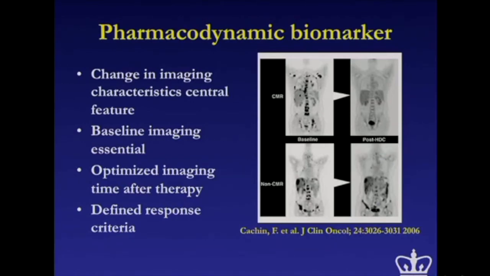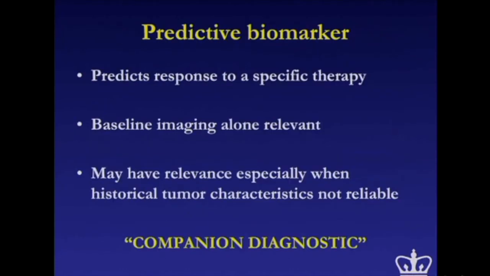So pharmacodynamic biomarkers are definitely here to stay. Predictive biomarkers and prognostic biomarkers are a little further away as far as imaging is concerned. They're in the process now of being validated, and so a lot of what I'm going to show you is going to be verification studies and not really in the imaging field anything that's been established as an integral imaging biomarker. A predictive biomarker is what everybody likes.